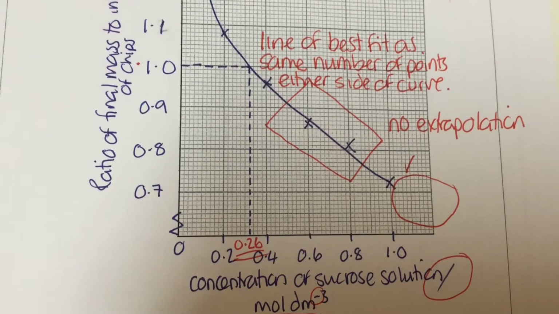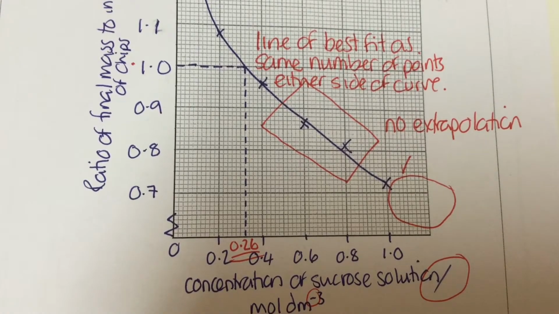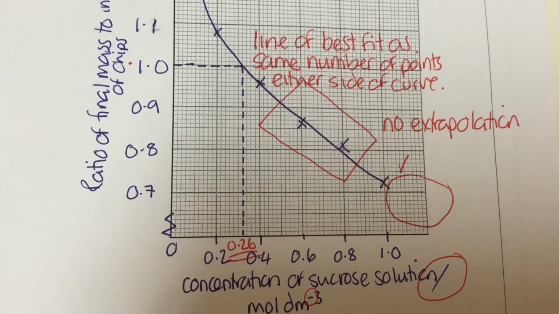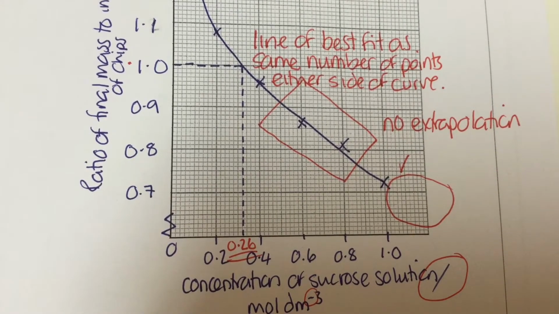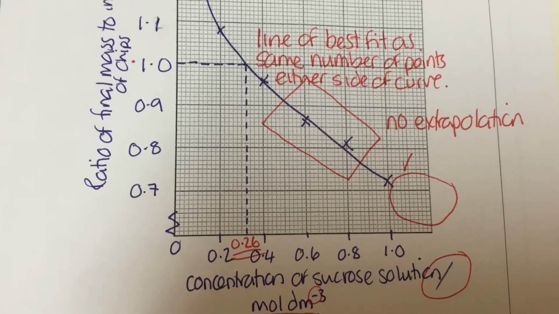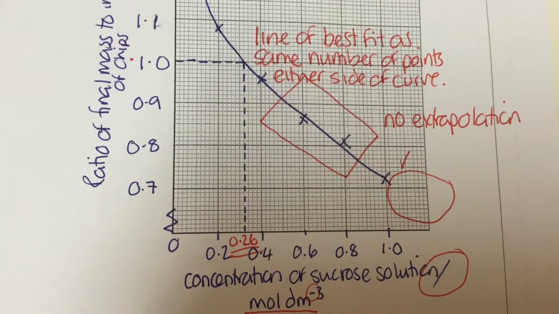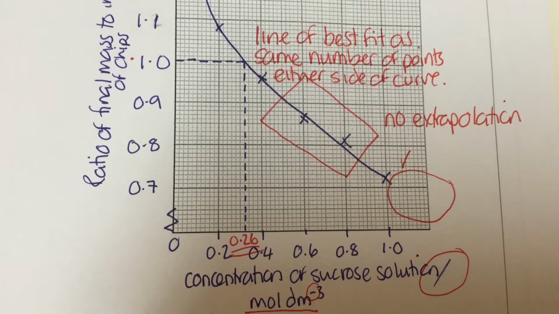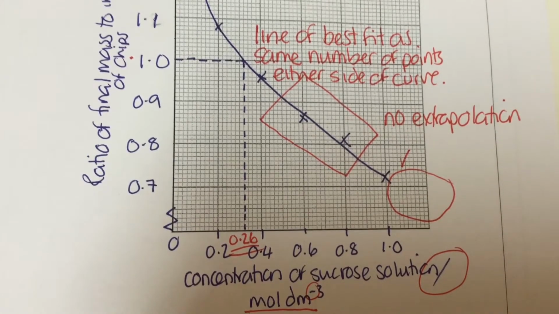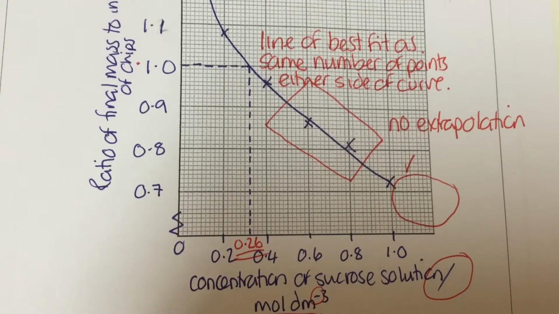Now, just as an aside, just for fun, just as an extra, I have used the graph and I've copied across from the y-axis to the curve and down to the x-axis. And the reason why I've done this is because this represents where the potato didn't gain or didn't lose any mass. In other words, it was at the same concentration sucrose solution as the cytoplasm of the potato cell. And this is commonly where the question goes. It wants to know why it didn't increase or decrease in mass. It wants you to recognise that a ratio of 1 represents no change in mass.